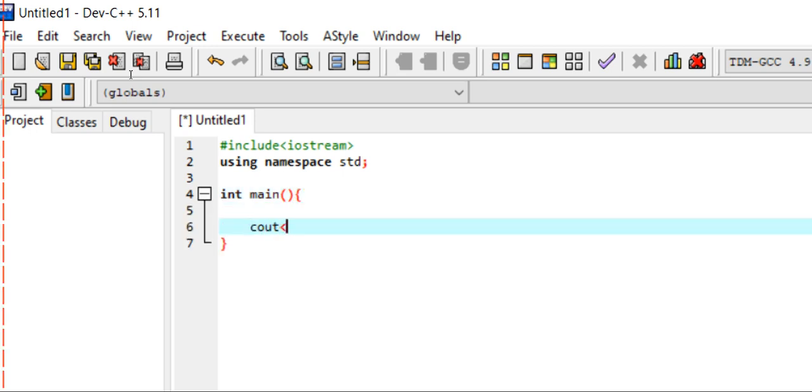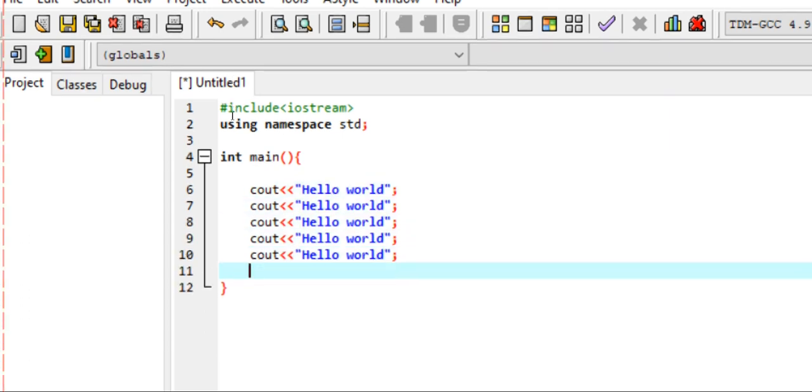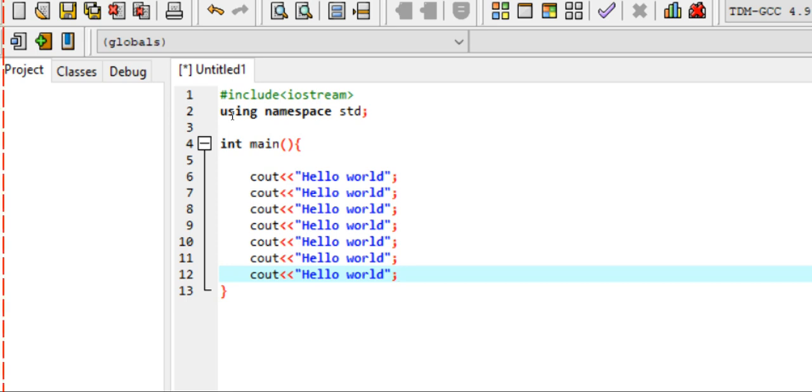Okay, so let's suppose I am going to create print hello world, and now I need to print this hello world maybe 100 or 1000 times. Then what can I do? I can just copy and paste this 100 times, right? So this will go on like this. We have seen this hello world printed 100 times using our for loop, right? But this time we are going to see using our function.